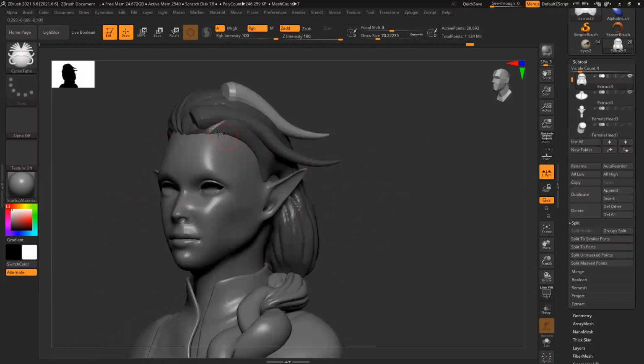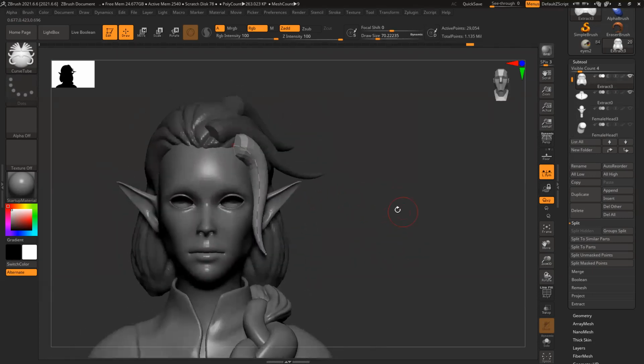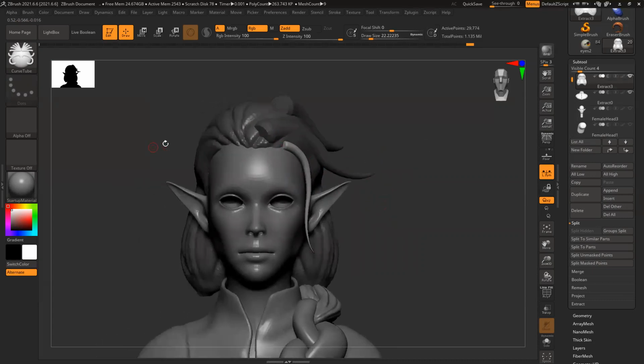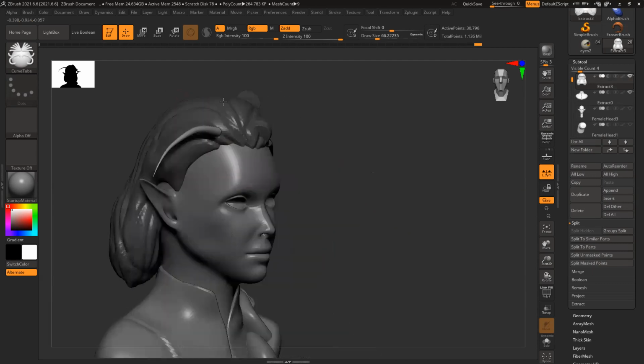There is a loose strand here. And this looks a little thin. So I'll reduce the brush size and make it thin. Here I have two, and one is slightly broader.